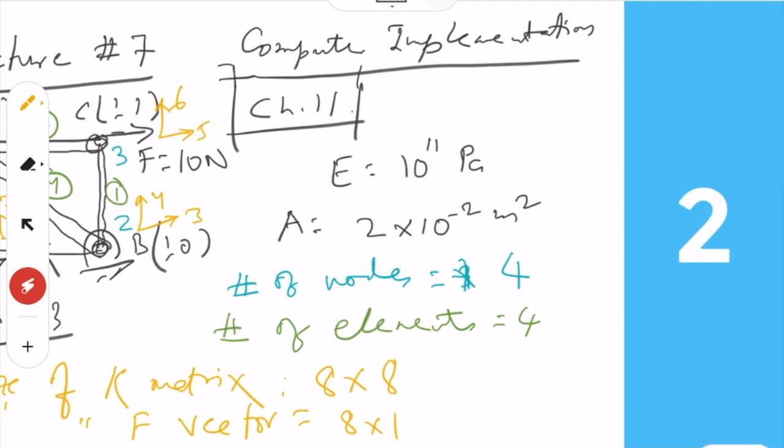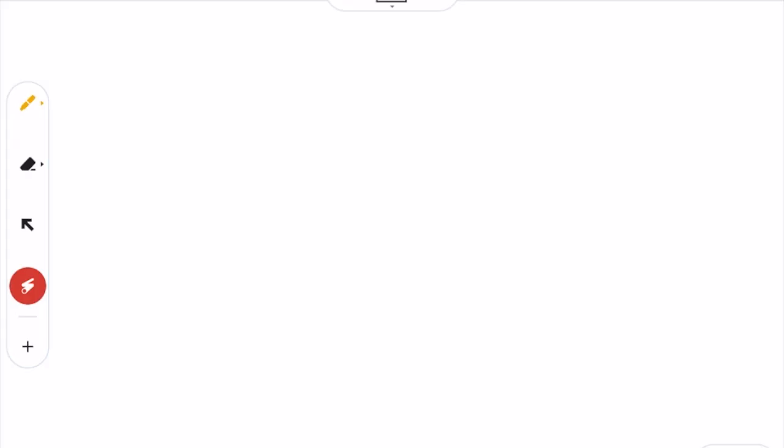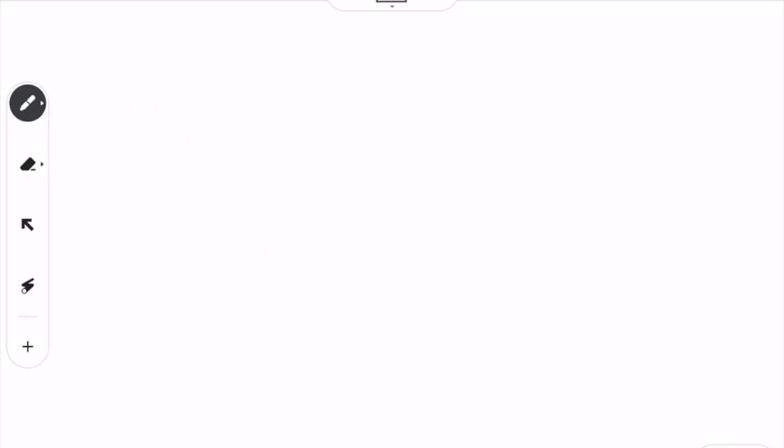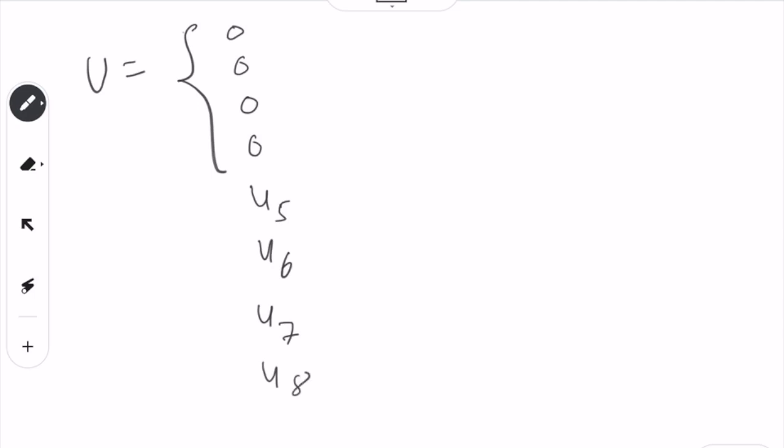So we can write displacement vector u is equal to, we have 0 0 0 0, then u5, u6, u7, u8. Okay, and f